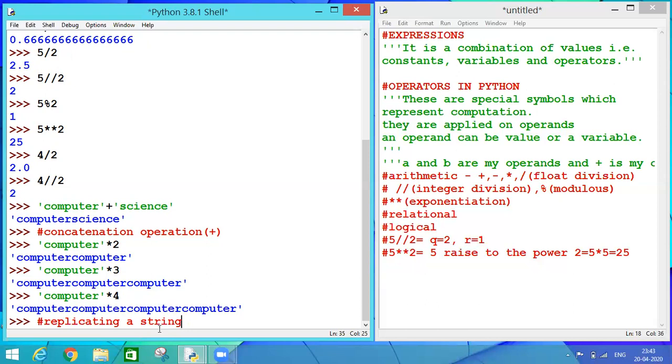By which number you will multiply your string, these many times your string will be repeated onto the screen. So in case of our string, we can only apply two types of arithmetic operators. One is plus and second is multiplication. Plus is known as concatenation operator, and my multiplication is known as replicating operator.